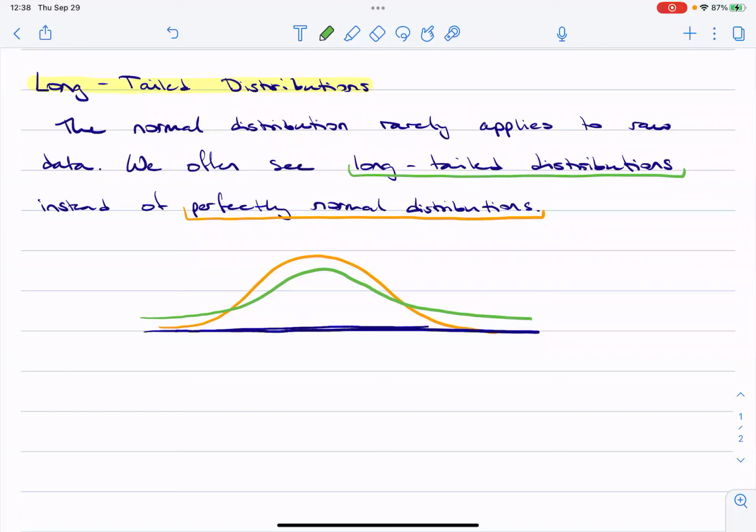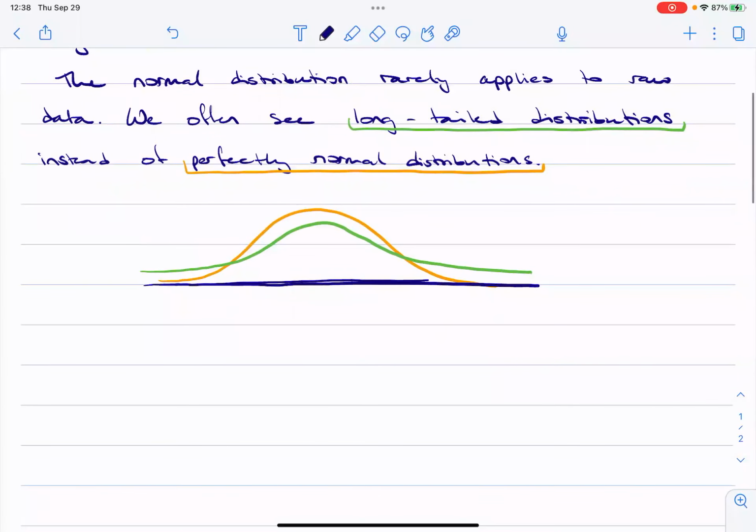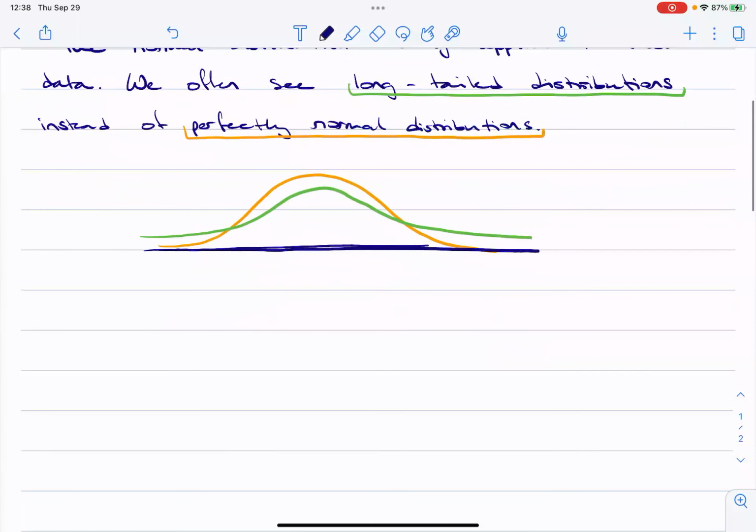Remember, the total area under the curve is still 1. And so if I have more in the tails, then the top kind of gets squished down. And if I have tighter tails, then it works like this, right? So that's why it's squished down. So what does that mean in terms of probabilities?